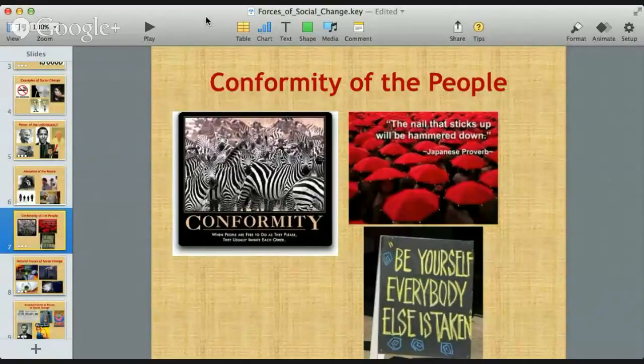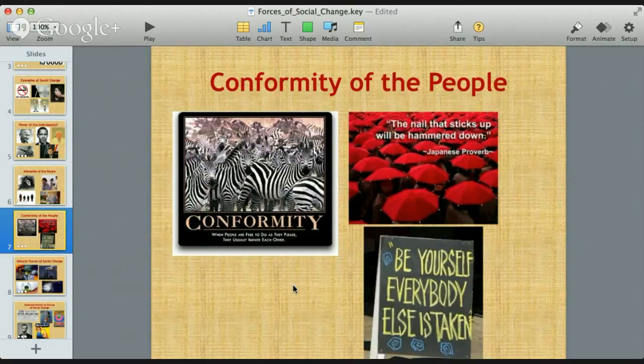And if we move on from alienation, which is being, sorry, not necessarily outside, but someone who has no roots, someone who doesn't feel a part of society, you come to the opposite of conformity here. And I really like the two quotes. Well, obviously the zebras, they all look the same. But I really do like the two quotes. I just found this Japanese proverb right here. The nail that sticks up will be hammered down. And I think that's